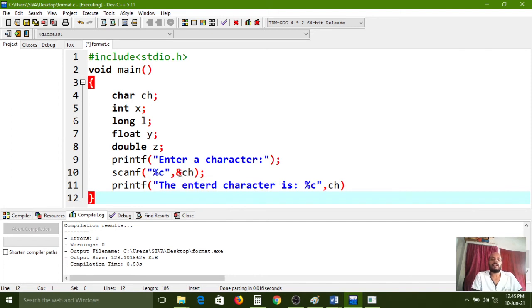The ampersand operator's one functionality is that it can store that value into the ch variable, which we have declared at the top. So whatever input value we have entered, it stores in that variable only.